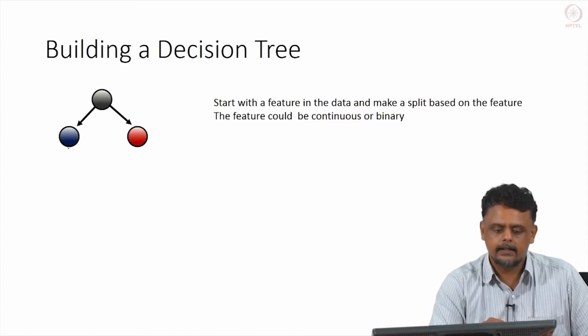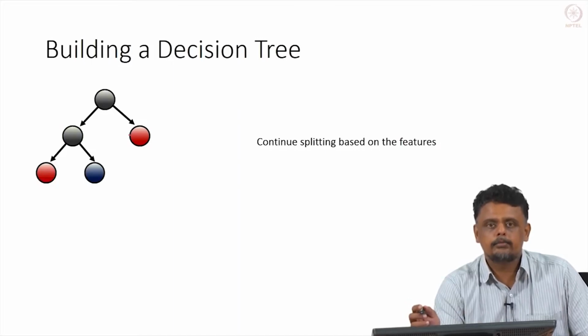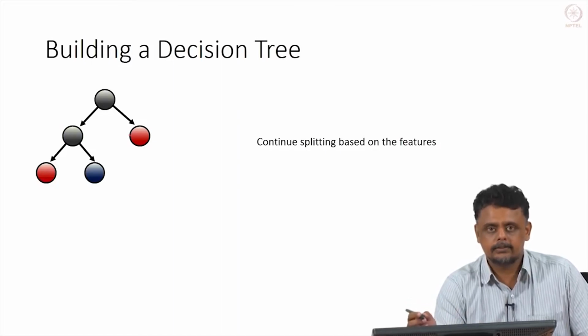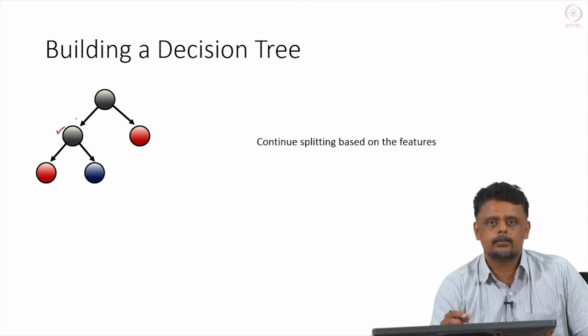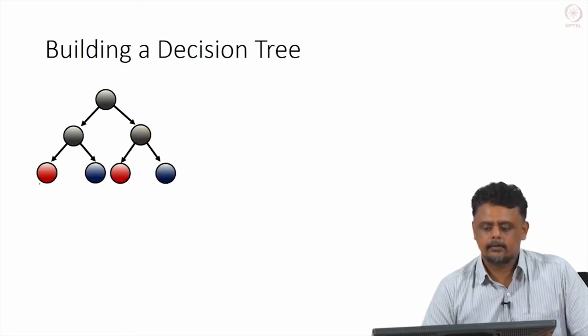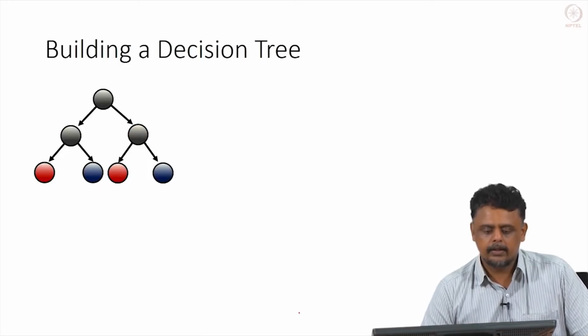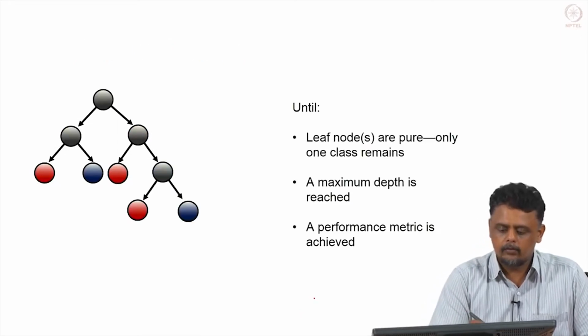So, we assign the split data into each of these nodes, right, and we continue splitting the data based on the features. We can choose another feature here, again understanding that there is a way to choose a particular feature and make 2 further splits, okay. So, we can keep doing that, we can keep splitting until we come to a point where all the leaf nodes are pure.